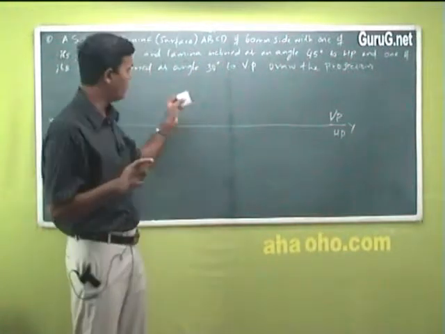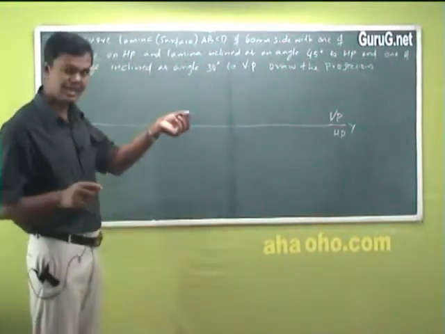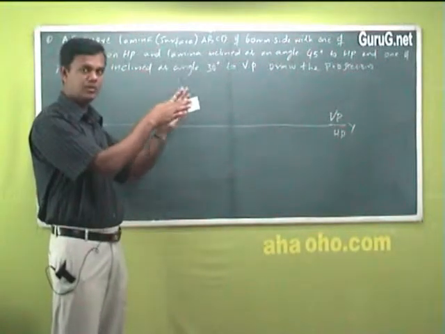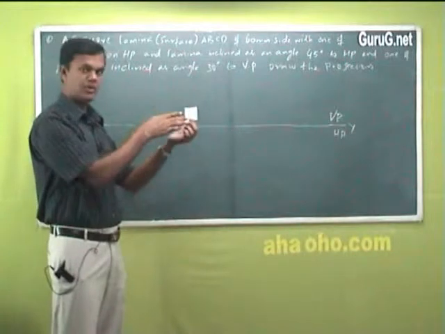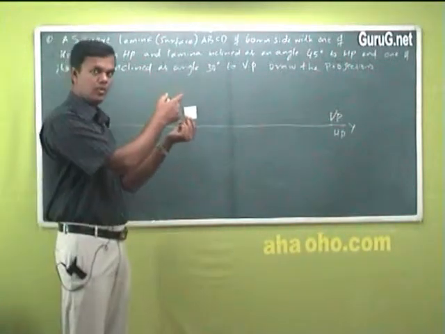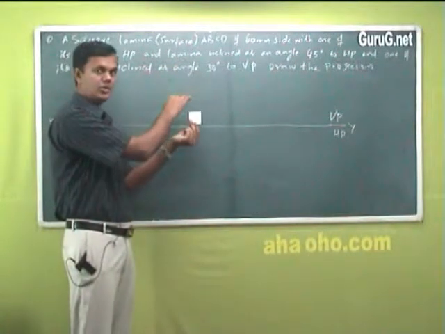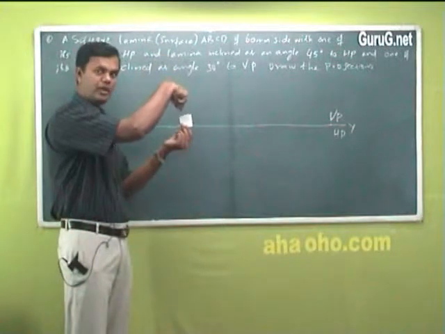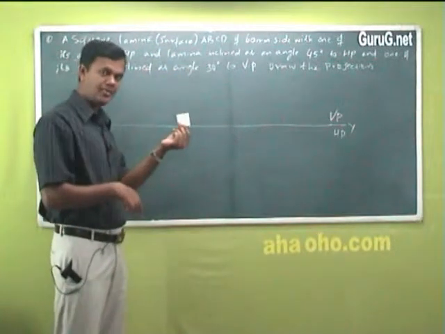Is it okay? Now based on this, if I place it like this, first thing is I will be holding it like this. The lamina is parallel to VP and perpendicular to HP. Now what is your view here? When you see from the front view, you will draw a true shape in the front view, and its top view will be a line. Actually, where is the edge?